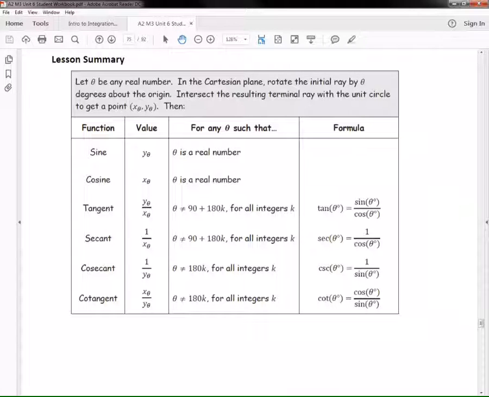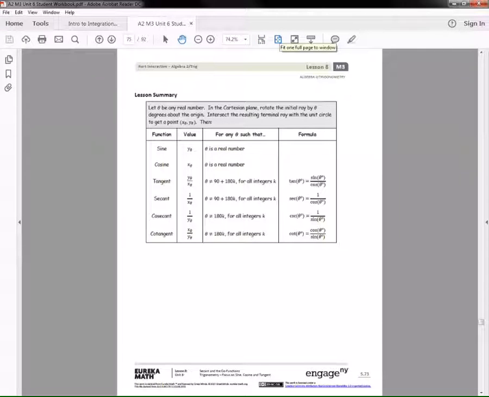So this is a summary for lesson 8. It teaches all about secant, cosecant, and cotangent, and this is the end result. You got to know these things. So I'm going to back out right here, and I'm going to give a summary of what we just learned